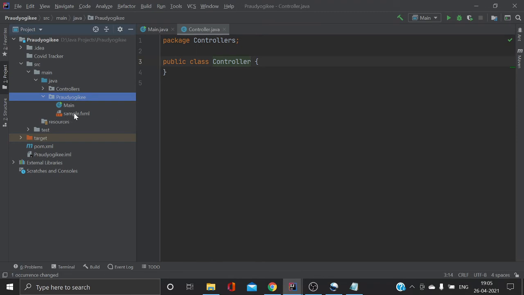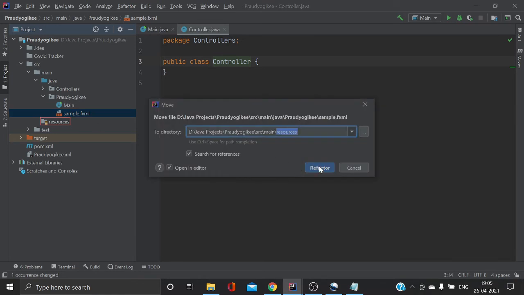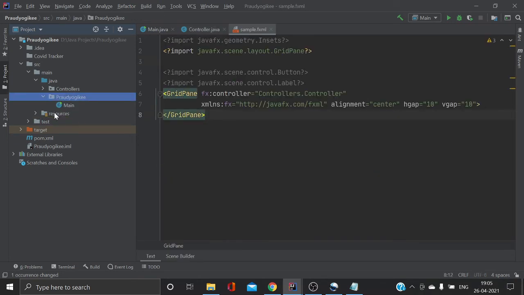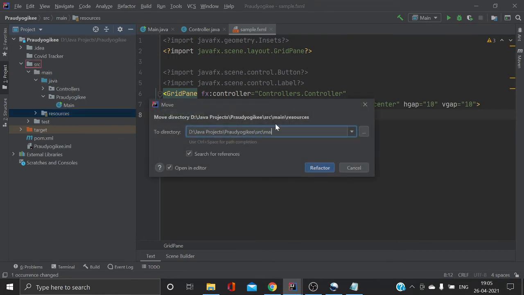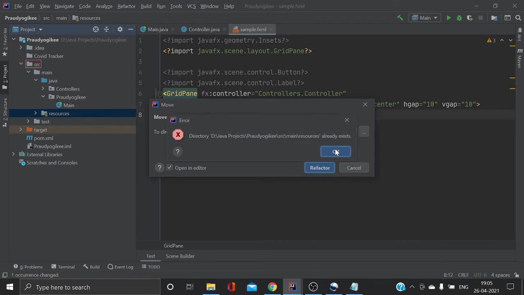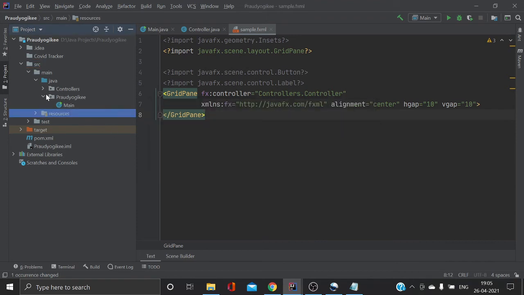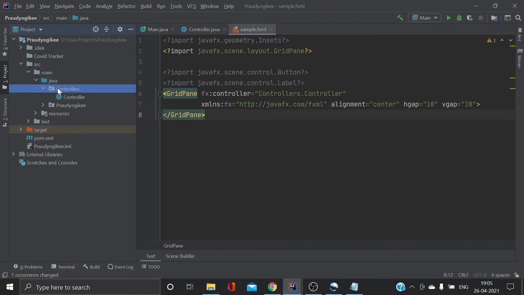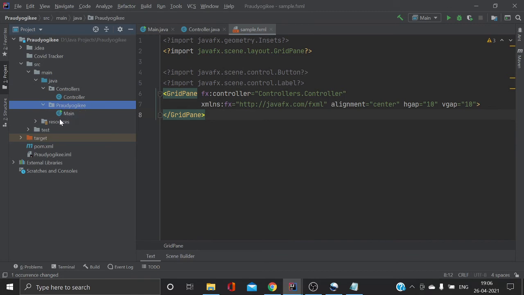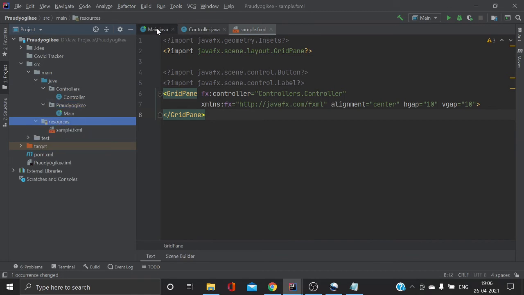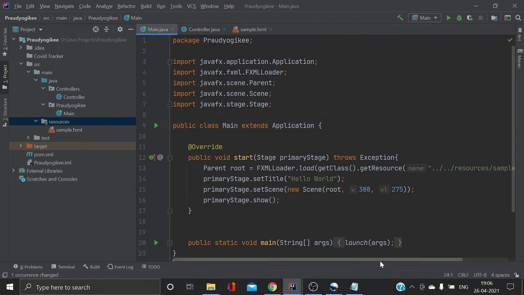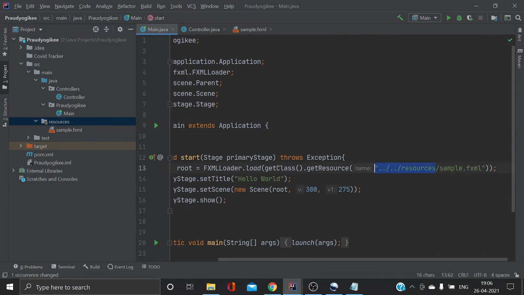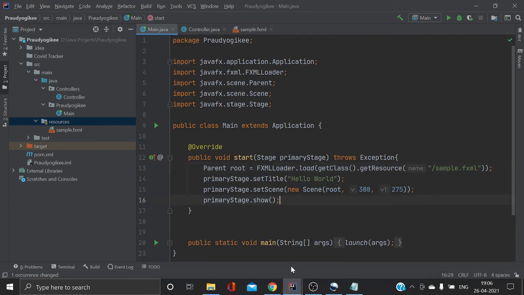We'll move our fxml files to the resources folder, and we will move this resources folder in the main file. Okay, so now our project structure is like this: controllers, the other Java files package, and resources. After doing this, you need to change the path here also. Now it's fine. Now we'll run and see if it's working or not.